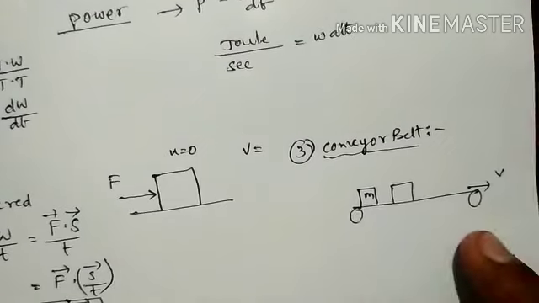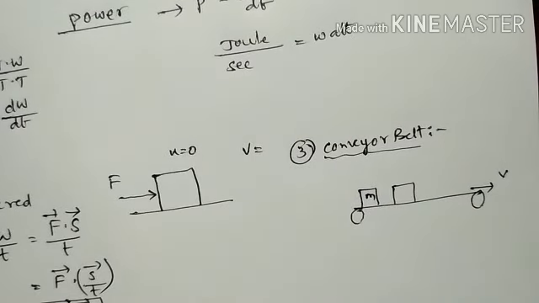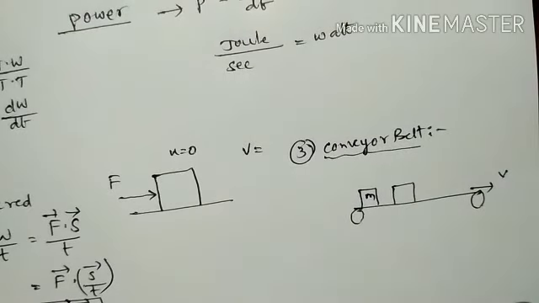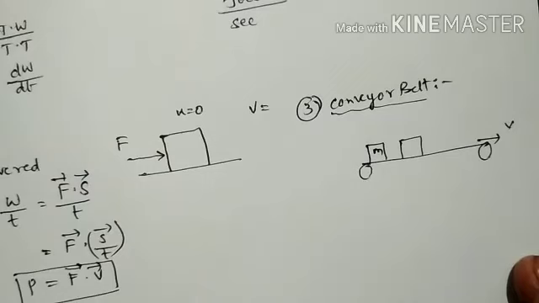So what is the power given by the motor? The extra power given by the motor. Without objects, it will move with constant velocity. Whenever mass is increased with time, with a rate of change of mass, what is the extra power given by the motor to move the belt at a constant speed? Now we can calculate that power.